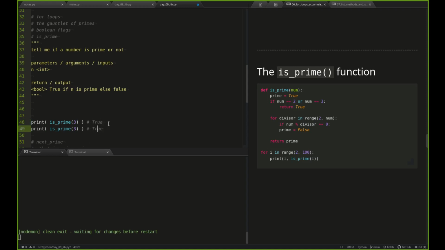And a number we know is not prime. Let's just do 4. 4 is false. So we know if we write our isPrime function correctly,